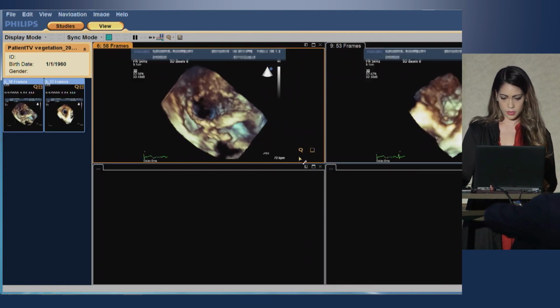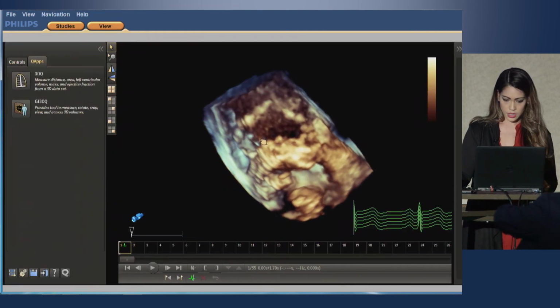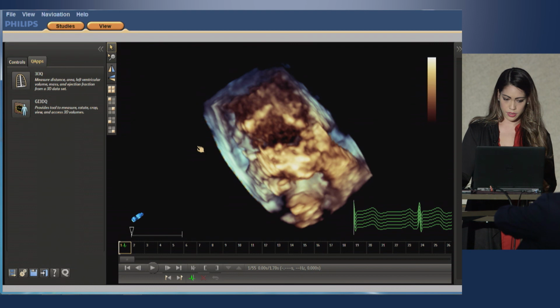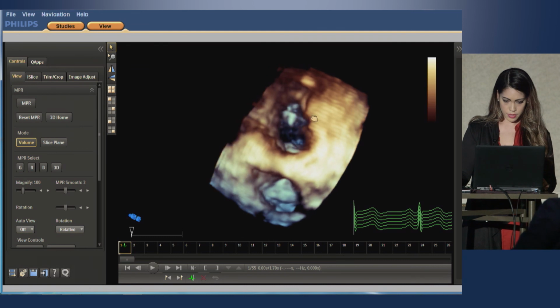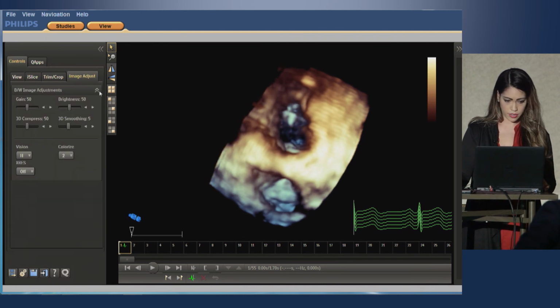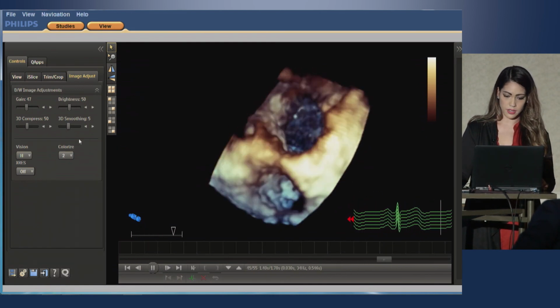So again, we're going to go in here, and these are transthoracic echo images. And I'm going to put my septum down, and I'm just going to turn this so I can make it a little bit easier for me. And this one, I really don't have to crop too much in it. I'm just going to decrease my gain. And I'm going to play, and this is a lady who came in to the ER, as you can see,